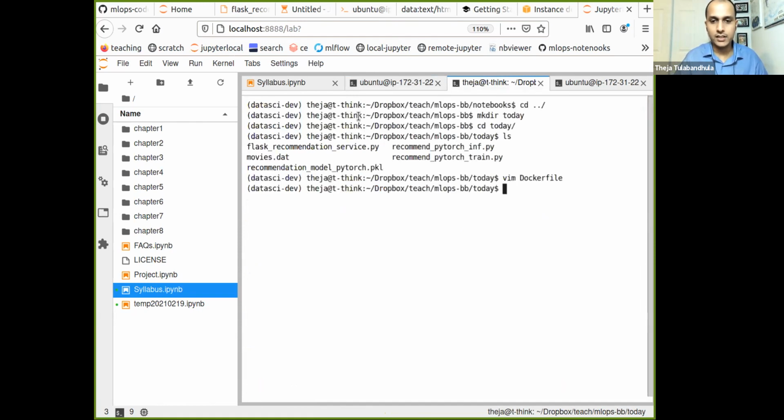So let's do that. Okay, sudo docker build --tag prediction_service and dot.